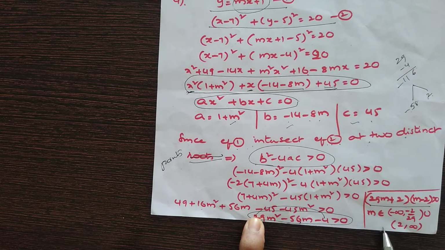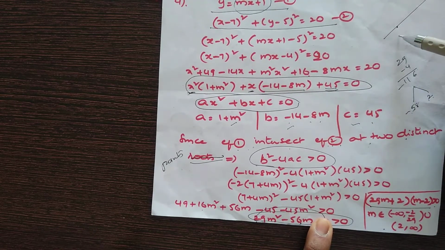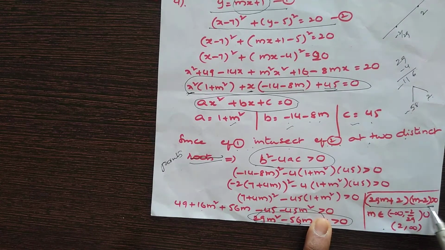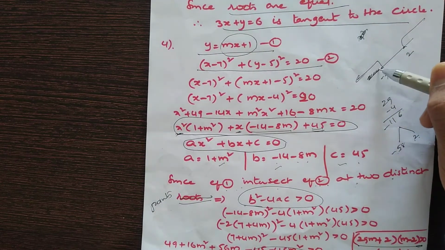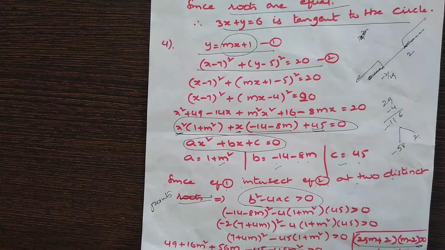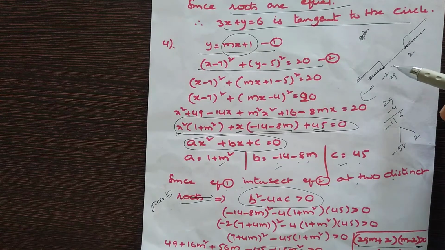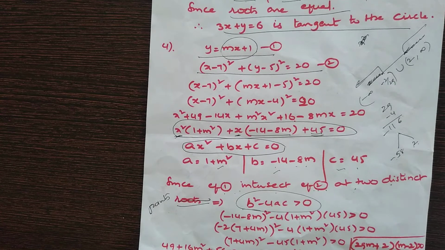Now afterwards, if it is greater than 0, here the roots are minus 2 by 29 and 2. If it is greater than 0, what did I say to you? It should not lie between these. So this region: minus infinity to this, open, union 2 to infinity. So I have written this. So that is the possible values of m. Is it clear? Now next question.